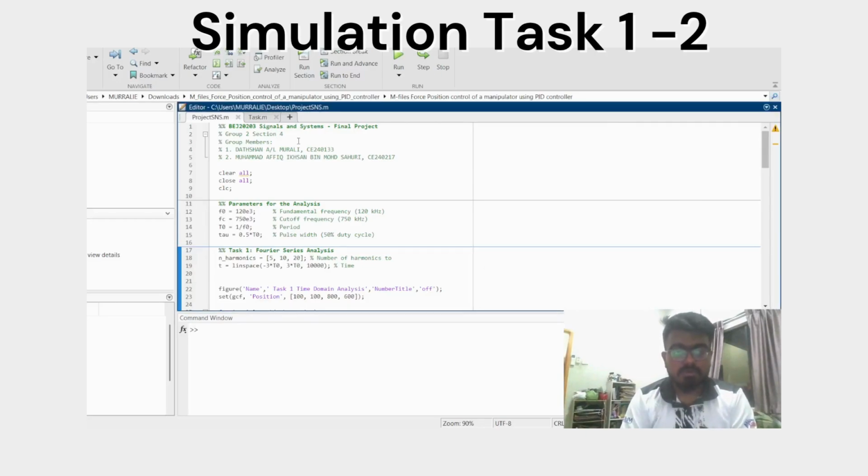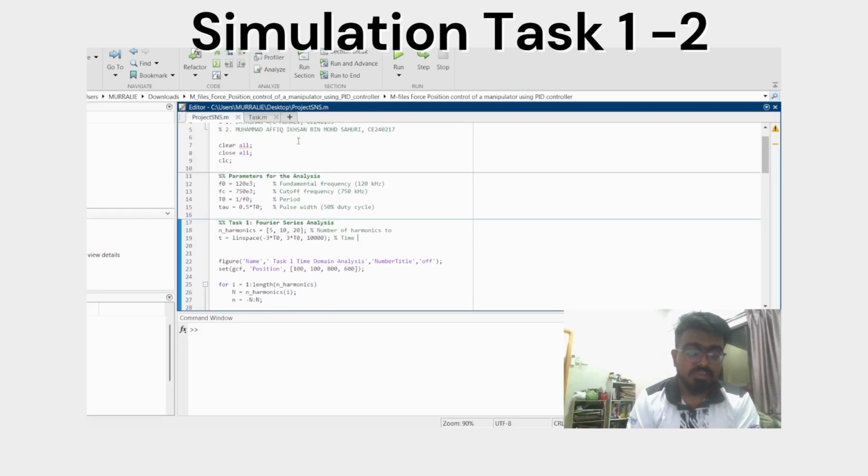Okay, for the coding, I've done three parts, tasks one, two, and three. So let me explain the coding. It's given from the question that our fundamental frequency f0 is 120 kilohertz. For kilohertz, we use e3 behind it, followed by the cutoff frequency of 750 kilohertz, and for the period or tau, we use